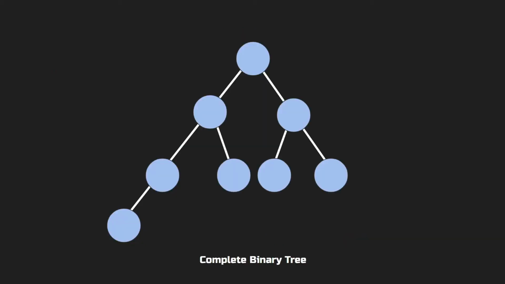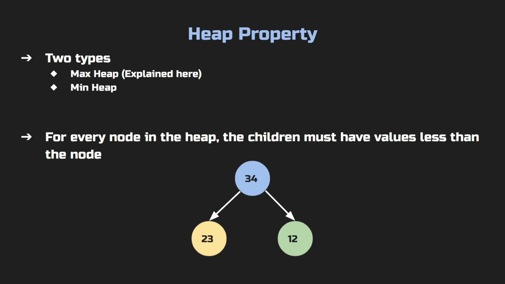This is an example of a complete binary tree. There are two types of heaps possible. One is max heap, which is explained here, and the other one is min heap, which is quite similar. So for every node in the heap, the child must have values less than the node. And here's an example. Here the children are 23 and 12, and they both have values less than their parent,